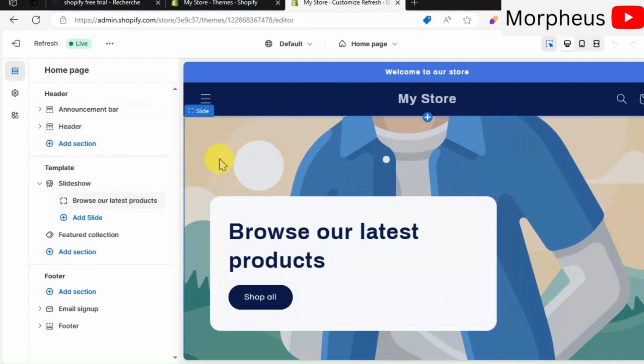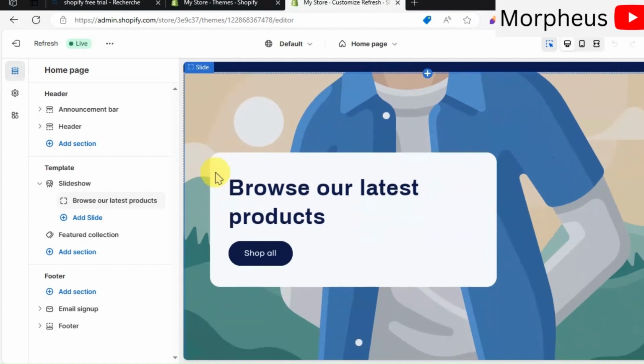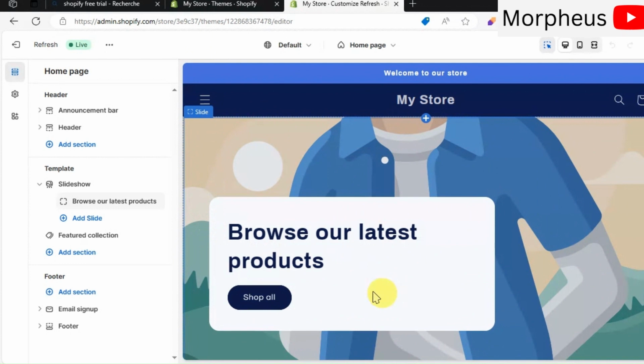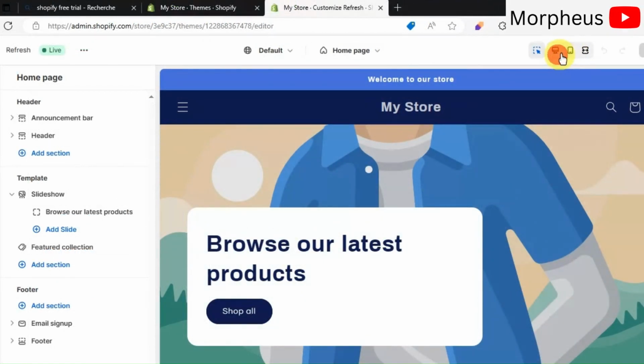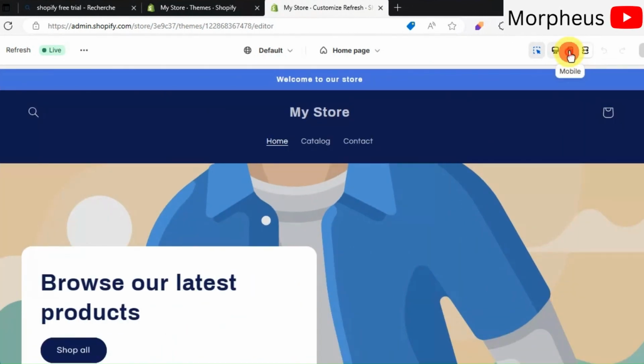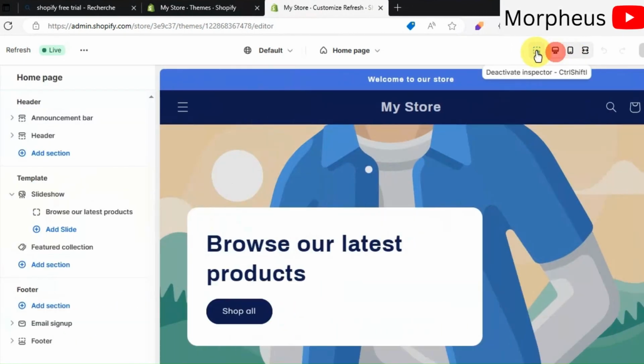Here, you can upload your store's logo, customize your home page, add new pages, such as product pages, review pages, collection pages, and so on and many more. And here, you can see how your store will actually look on different devices and resolutions, like on a PC, on a phone, or a tablet, and then adjust it accordingly.